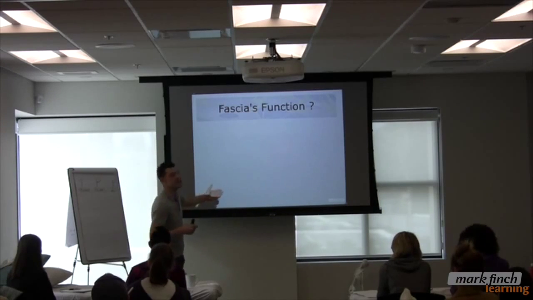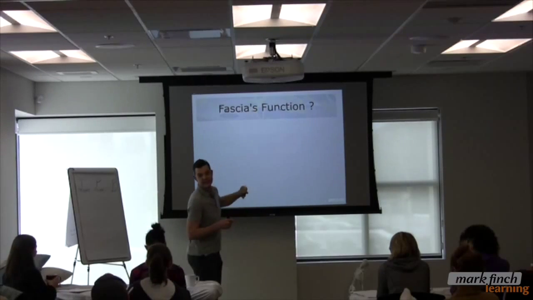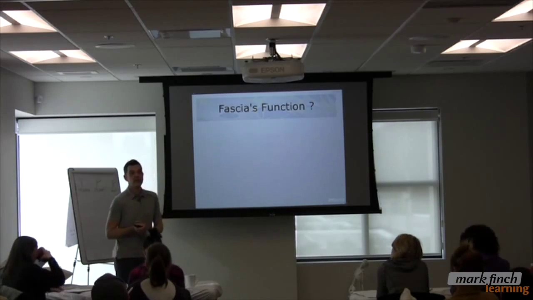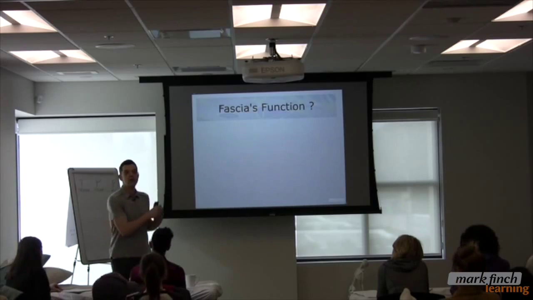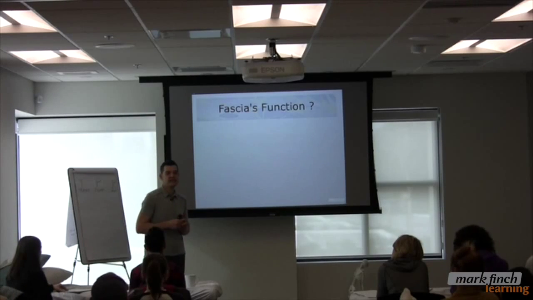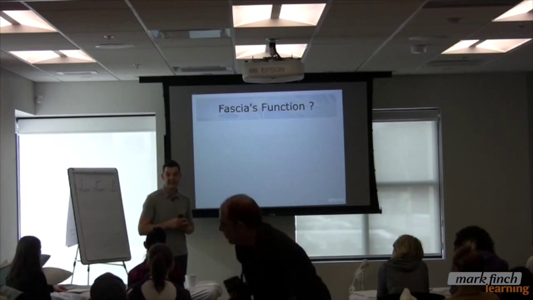Oh, and then you look in Gray's and it's an adipose layer. Okay, so it's right from a layer of fat through all those other functions. So tell me what the function of fascia is. It's confusing, right? So we need